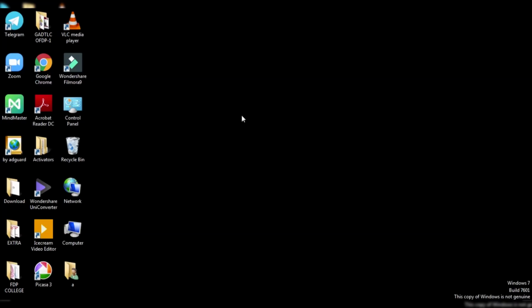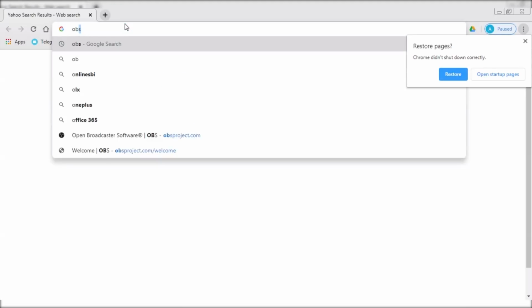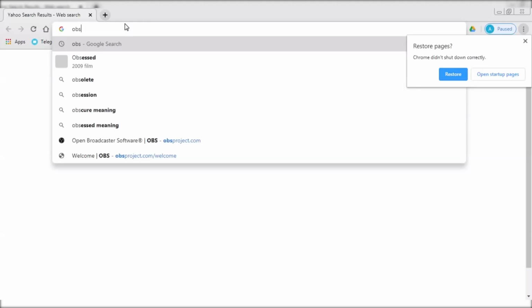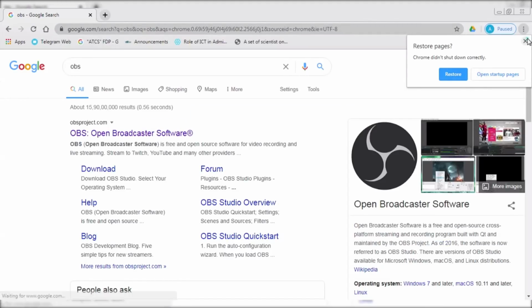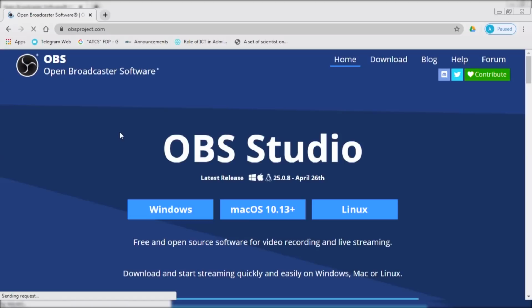Now go to Google and type there OBS. Press enter. This page is open. Click on this button. So that is the downloading page of OBS. Always download the latest version. Here 26 April is the latest version of OBS. On the basis of your operating system, Windows, MacBook, or Linux. So these are the demo versions at the downside.